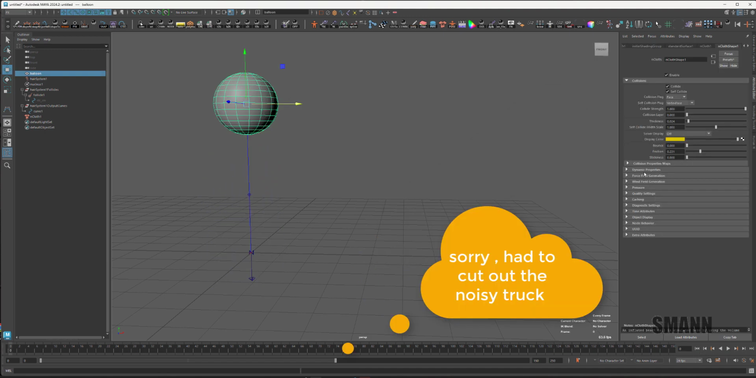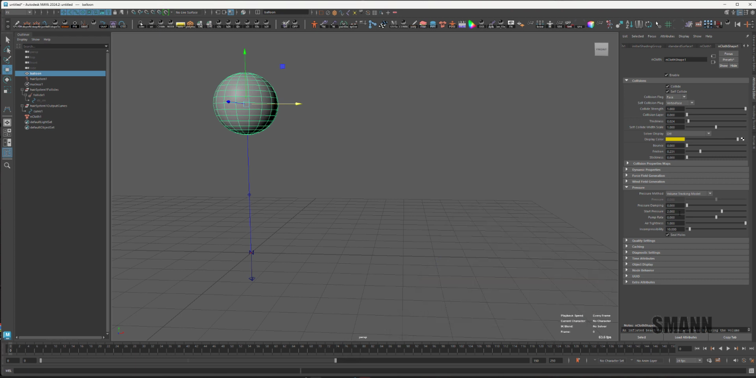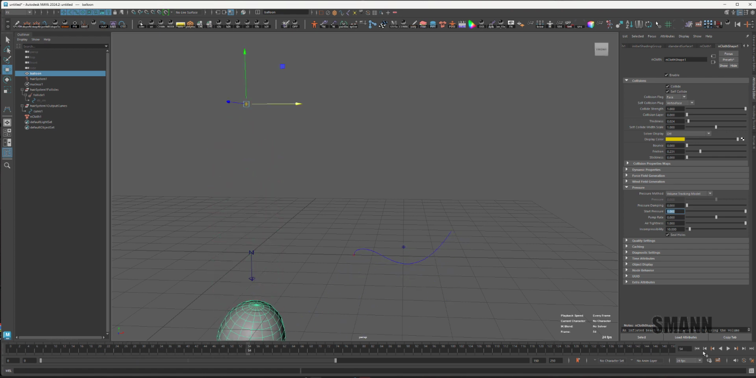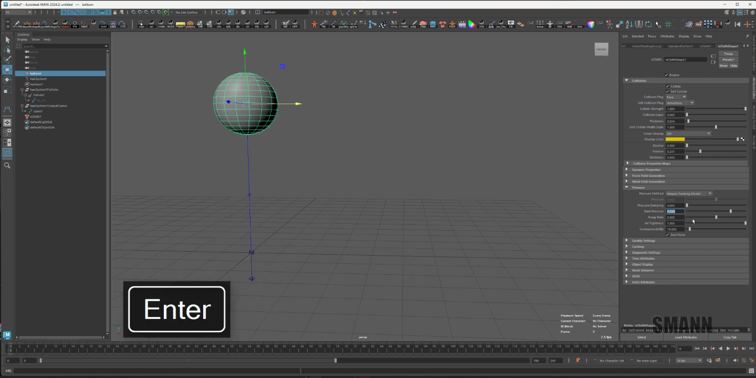If I go down to my pressure settings, you see my start pressure is set to 2, which is why it's going to go quickly to a big shape. If I set that to 1 and go back and hit play, it's not going to pop nearly as hard as it was before. It's still going to push a little bit. If I put it to say 0.5, watch what happens, a little bit less. Now if I put it to 0,